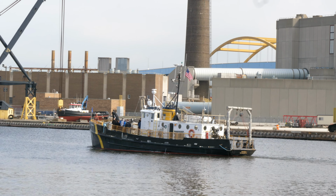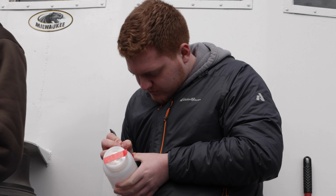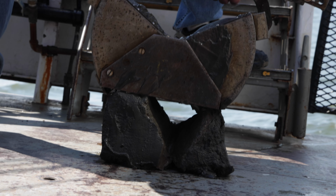The Neeskay is the University of Wisconsin-Milwaukee School of Freshwater Sciences research vessel. This ship is primarily used for our open Great Lakes water research and nearshore coastal research for our students. So a lot of the different things that we do on the Neeskay has to deal with the lower food web. We're also looking at the water chemistry, the benthic sediment or mud chemistry, and the way that the water